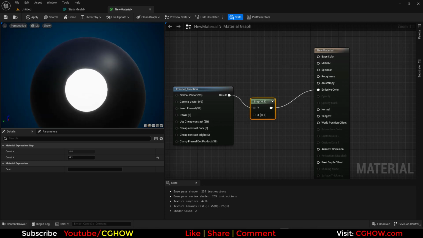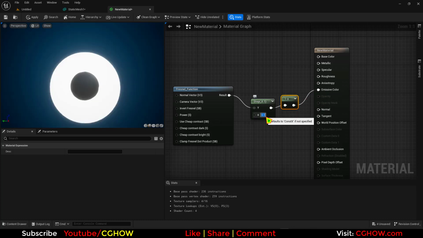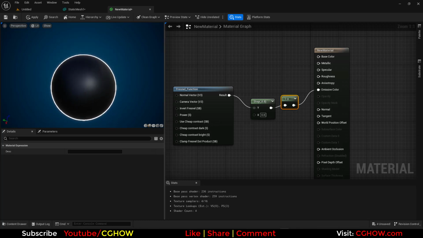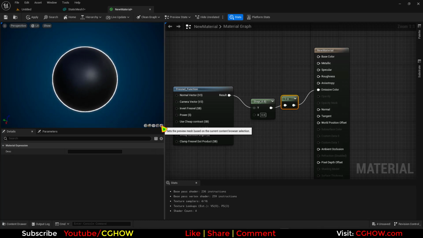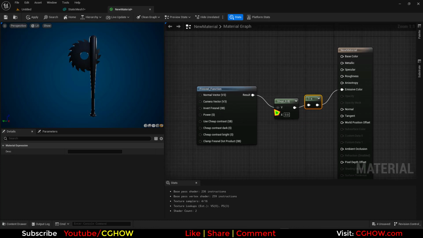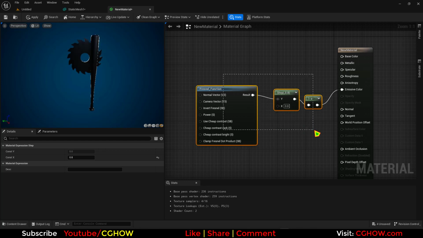So if you have a sphere, you can see, let me just invert this, make it right. So you have now this outline, okay? But on the armor, because the shape is not very round, it will be an issue. So if you have a rounded shape, you can use the Fresnel step. And if you have a mesh like this, which is not very rounded, you can do something that I did